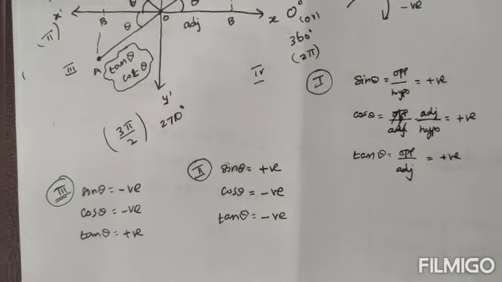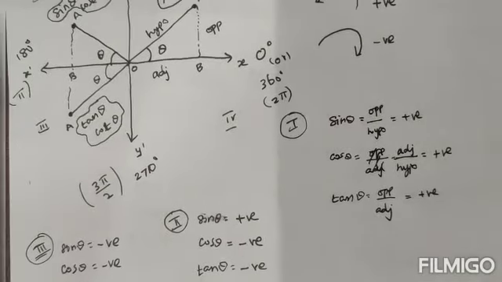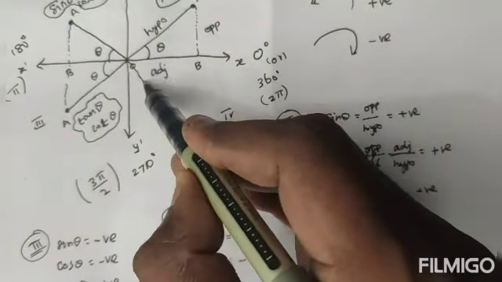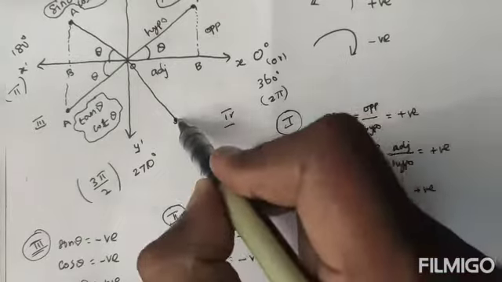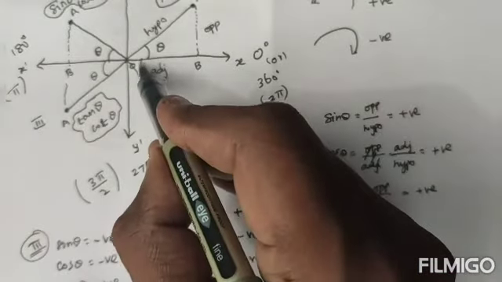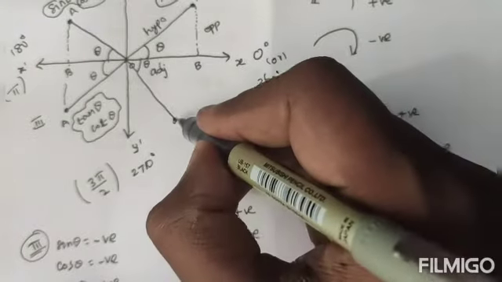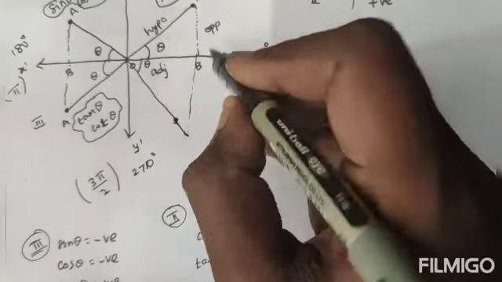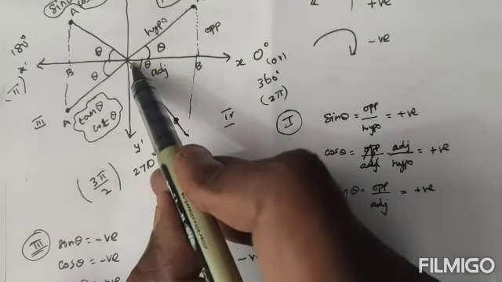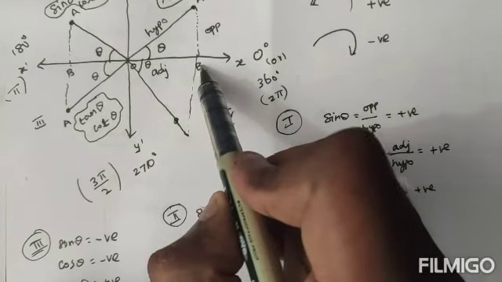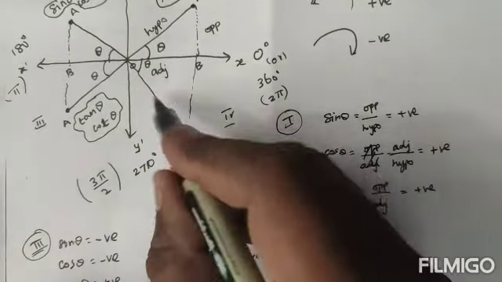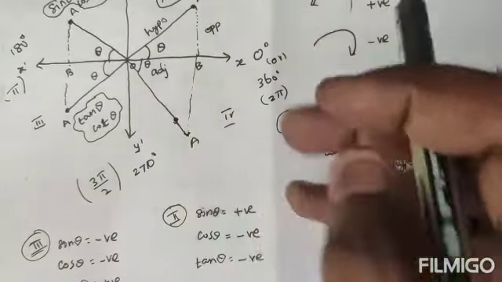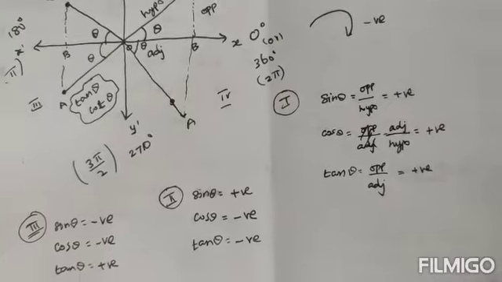Okay, and then the fourth quadrant, let's see the fourth quadrant. I can draw here. Okay, it's the fourth quadrant. Here the angle made is theta. Okay, it is B. Okay, here OB is the adjacent, OA is the hypotenuse, AB is the opposite. Okay, so now let's focus on the fourth quadrant.